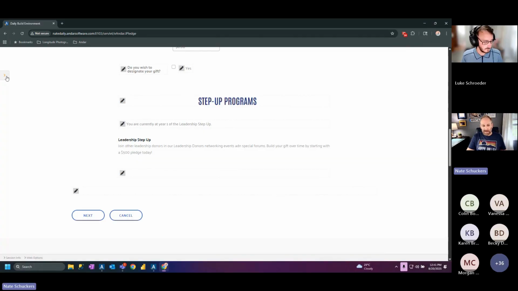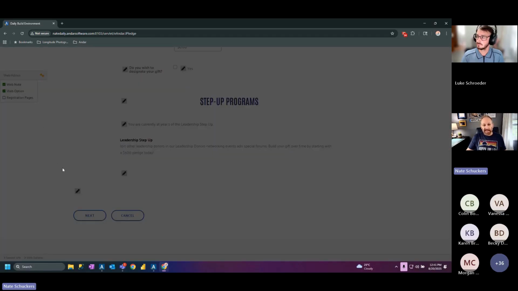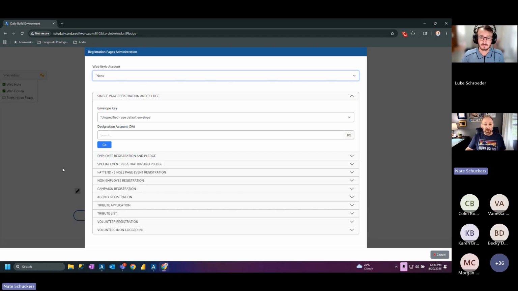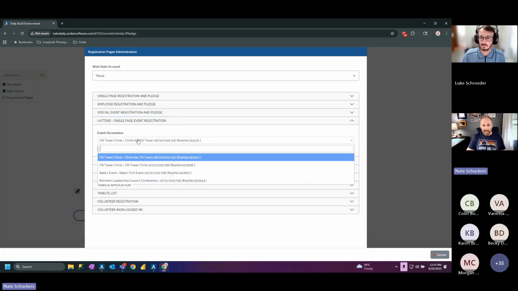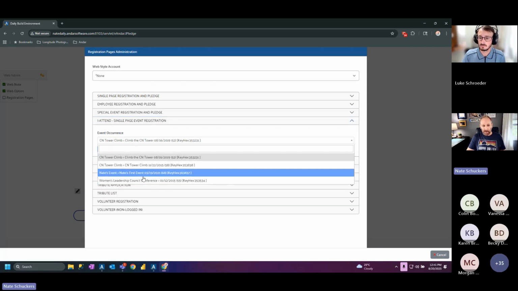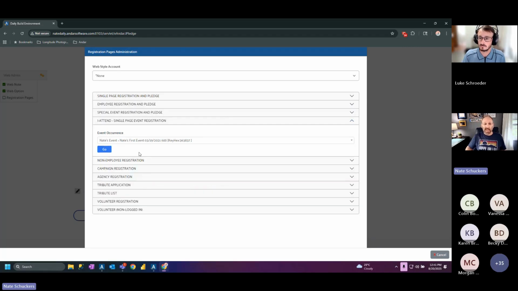We don't have a whole lot of time to go into it, but you may have noticed this registration pages. So we looked at the logged in experience, but if you want to go out and edit any of your I-attend pages, any of your single page reg and pledge pages, you can click on the registration pages in your web admin, and then it brings up this little menu where you can go through and say, I want to go out and find my I attend page for my CN tower. And any event occurrence that is out there in web publish that you have access to, you can go and select it and hit the go button, and it actually takes you out to that I attend page or event